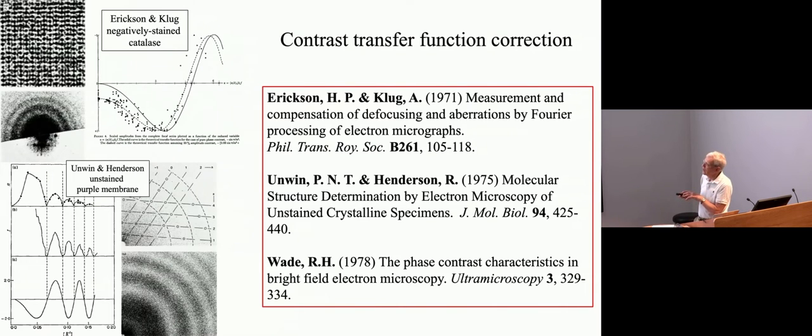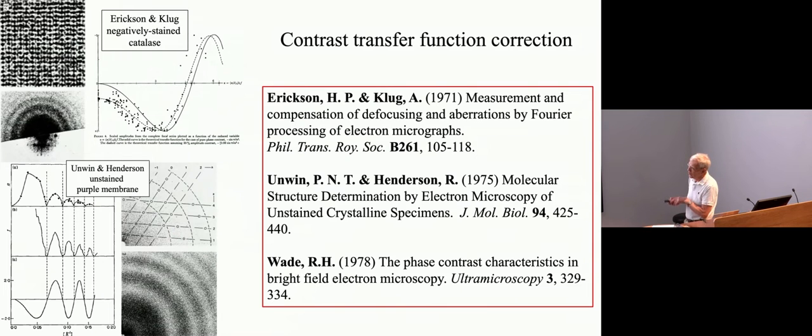And then in work that Nigel and I did in 1975, where we were trying to move away from negatively staining the structures and analyzing the plaster cast, if you like, that the stain gave surrounding the structures, we moved over to trying to take pictures of unstained structures. Nigel was working on catalase crystals, and I was trying to work on these 2D crystals of purple membrane. And these were